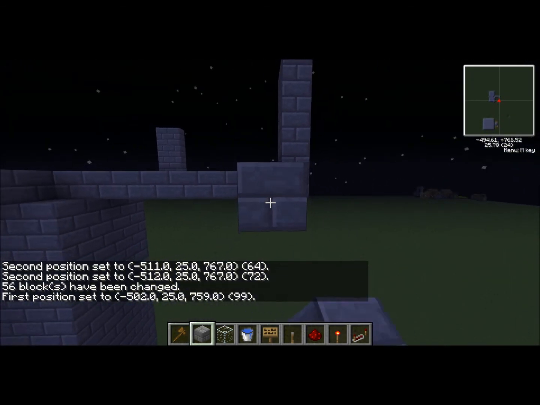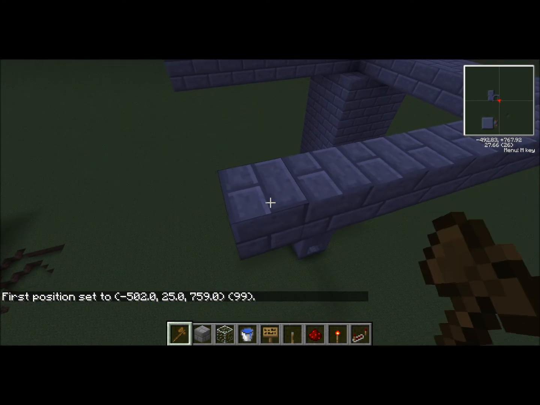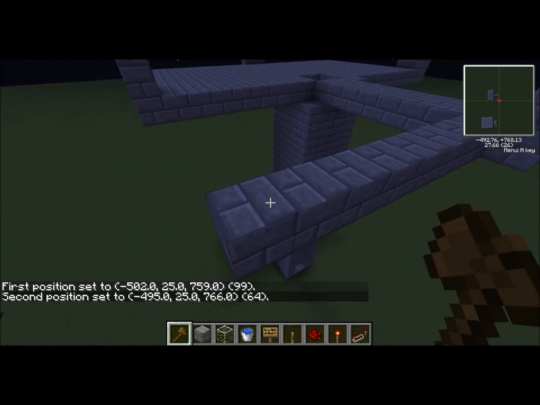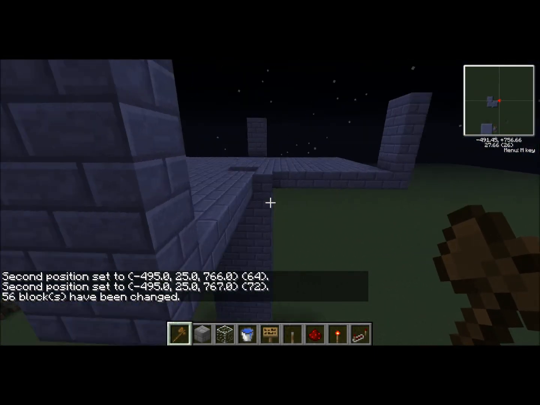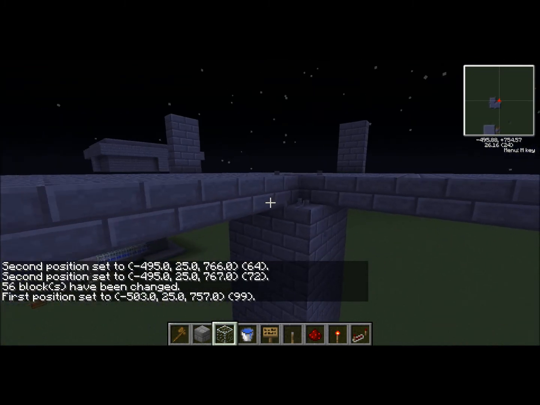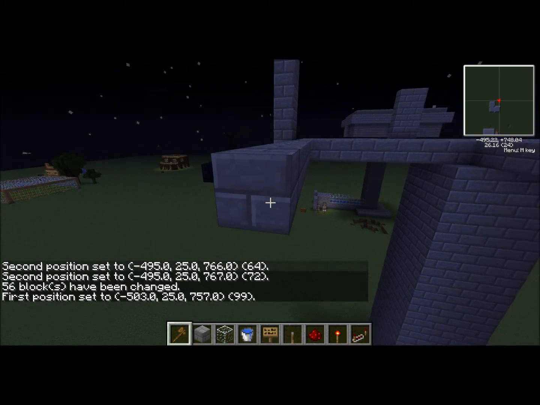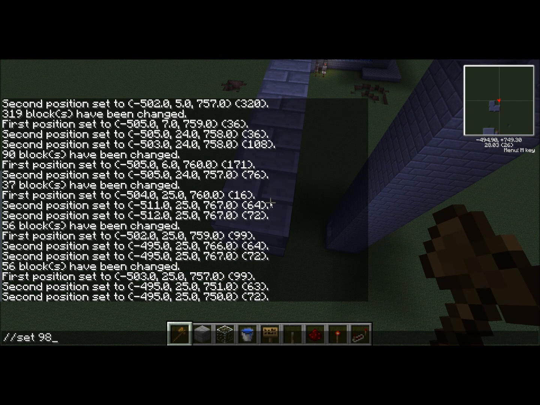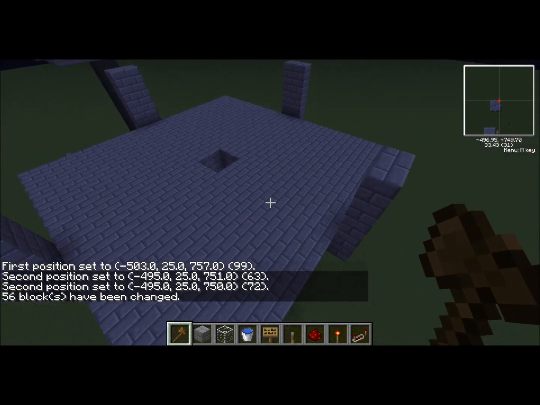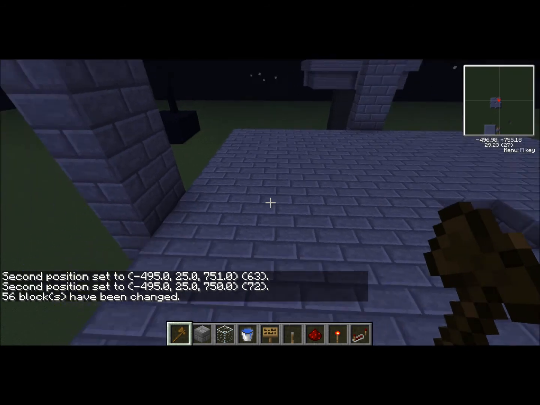1, 2, 3, 4, 5, 6, 7, 8, I believe, is that? Yes, now I know I have to just go 8 out on the last one. But yeah, if you are using World Edit, it'll be useful to know the data value, because it's a lot quicker rather than having to type in the block's name. But anyway, once you have filled in this floor,